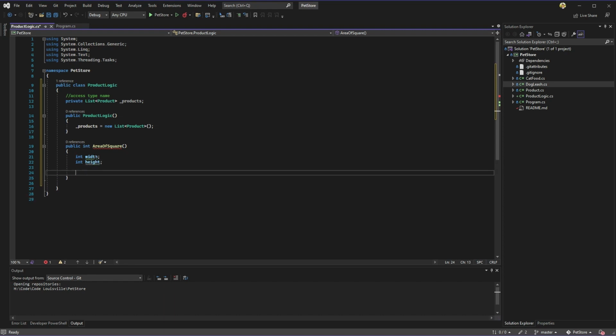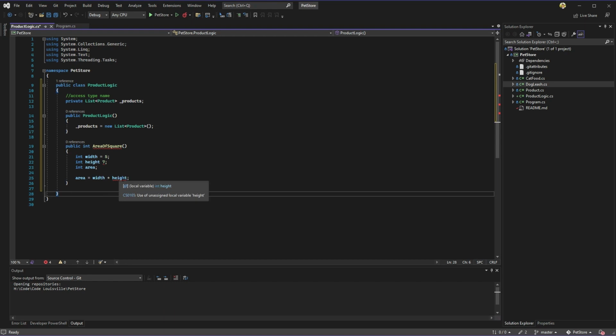If we wanted to get the area, we can't just declare width and declare height and then just say area equals width times height. This doesn't work. And it's even giving us an error because width and height are not defined to anything yet. We would have to first do maybe width equals 5 and height equals 7. Now that gets rid of our errors. It's the exact same thing for,